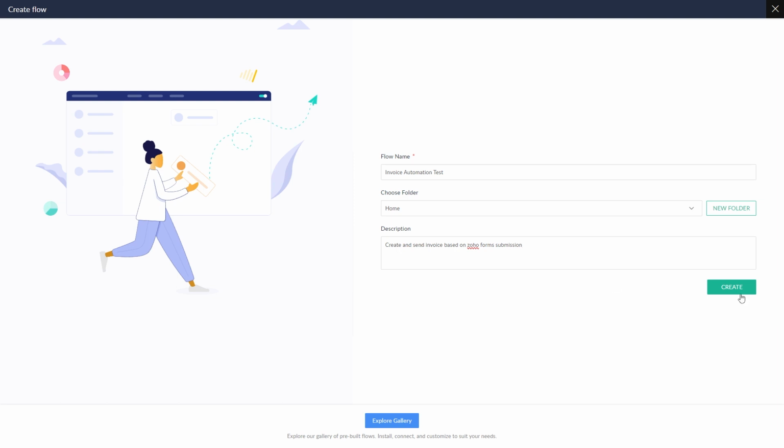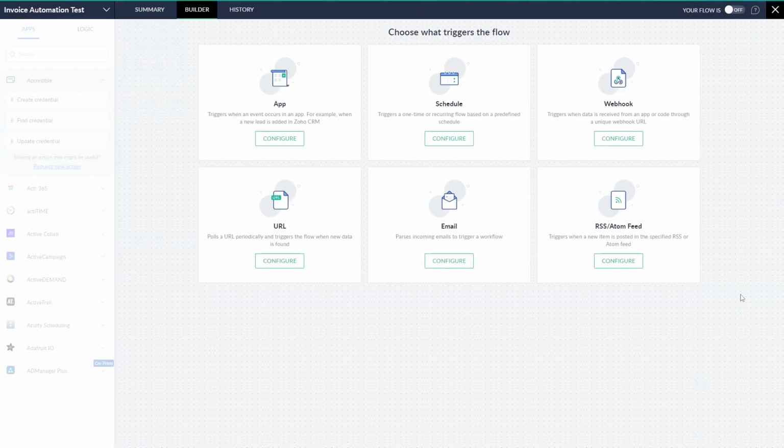Click Create. Okay, so first we need to choose what triggers our flow. And in this case, we're going to choose App because it's an event that's in an application, Zoho Forms. So we'll click Configure,